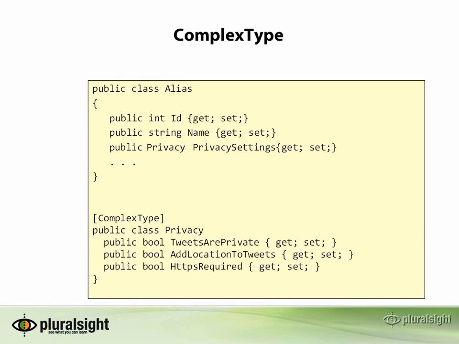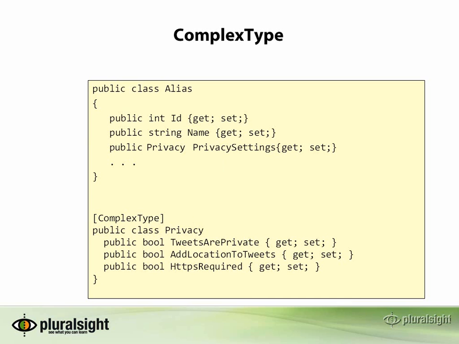Next is the complex type, which is an important feature in Entity Framework and frequently used in our domains. Complex type allows me to create a value type for my entity. In this example, I've created my own class, Privacy, and then used that type as a property in my Alias class. In addition to using the complex type annotation, it's also important to notice that the Privacy class doesn't have